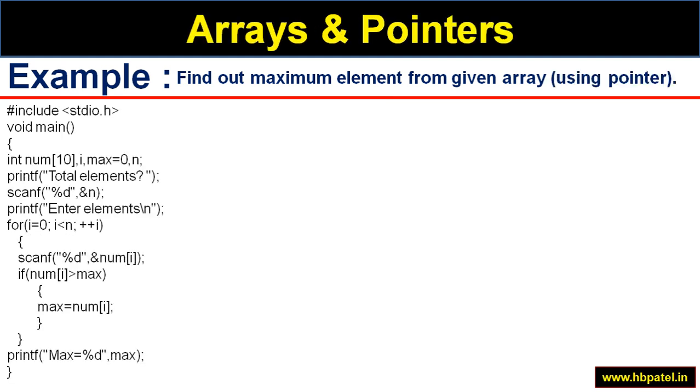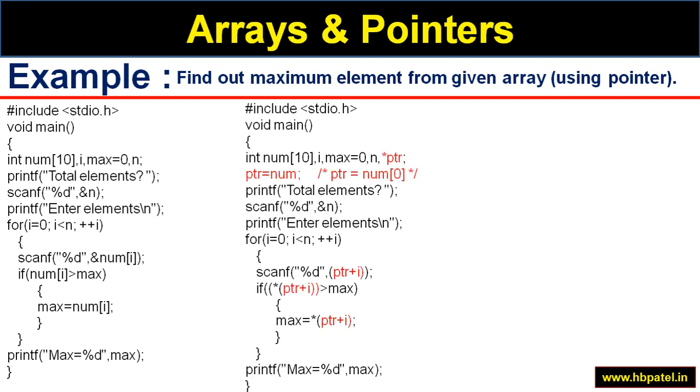So this is the same program that we have just seen, so I'm not explaining anything. Now this is the same program with the usage of pointer. The red font is nothing but the only changes that I have made. Along with everything else, I have added one pointer variable, star ptr, and then ptr equal